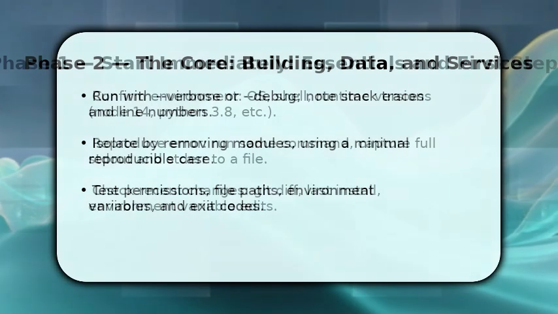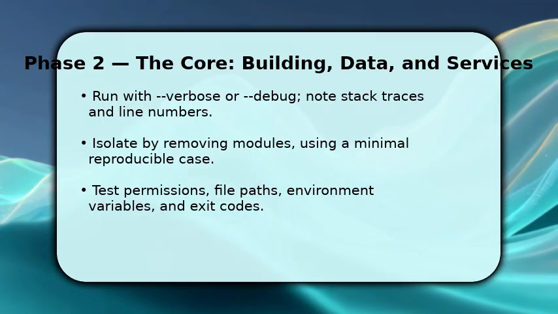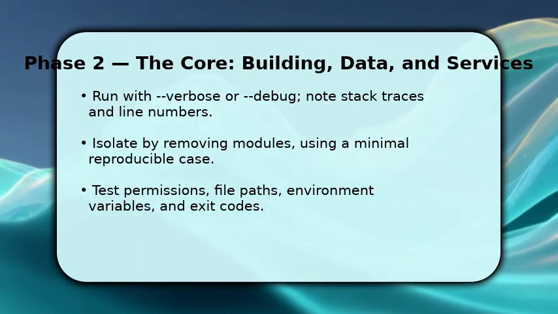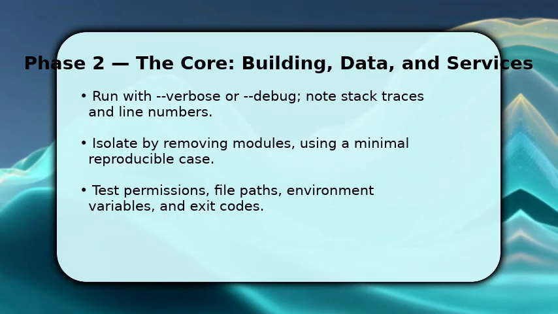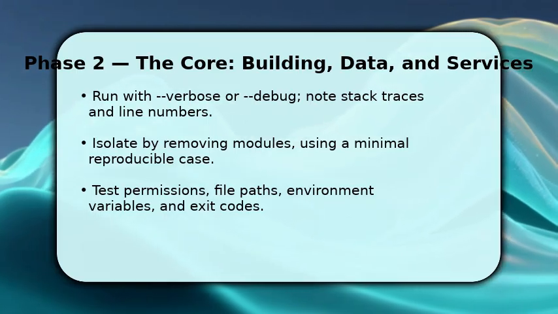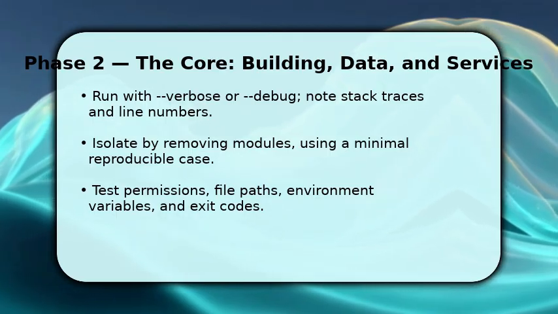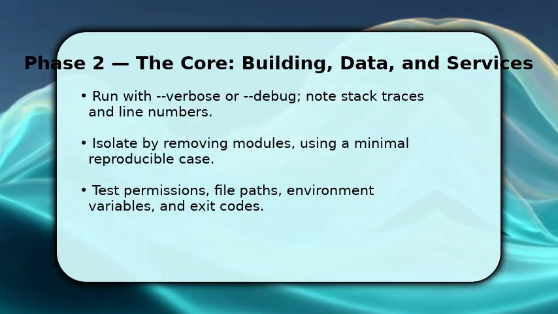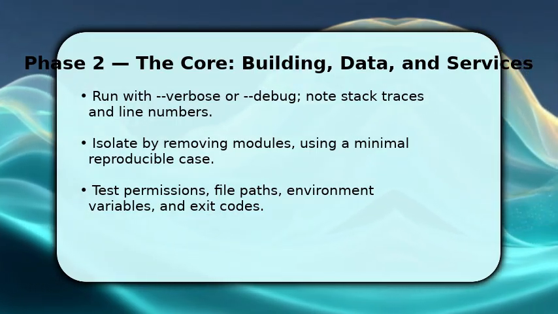Once you have logs, dive into diagnosis by isolating the cause. Rerun with verbose or debug to expose stack traces and exact failing lines. Then, create a minimal reproducible case, stripping external modules and optional steps until the error still appears. This narrows the culprit. Make sure to test file permissions, paths, and environment variables because many exit 1 errors are permission